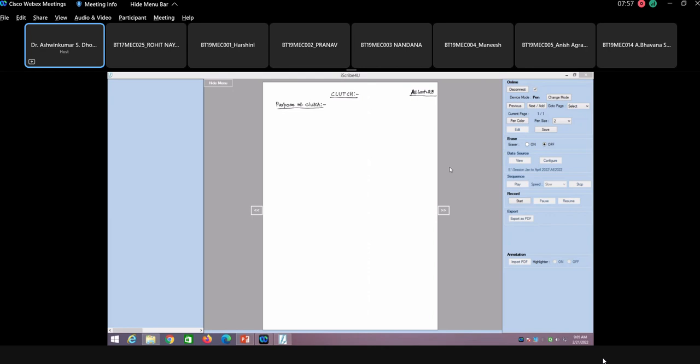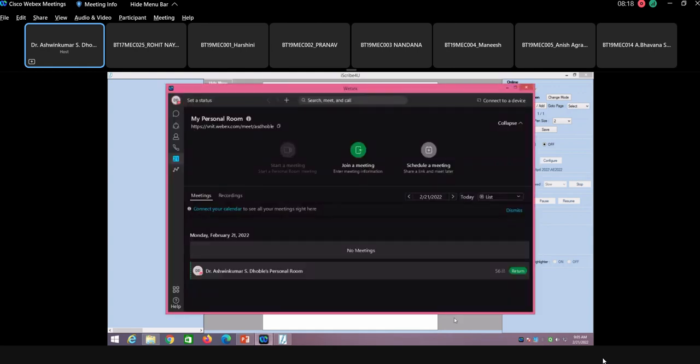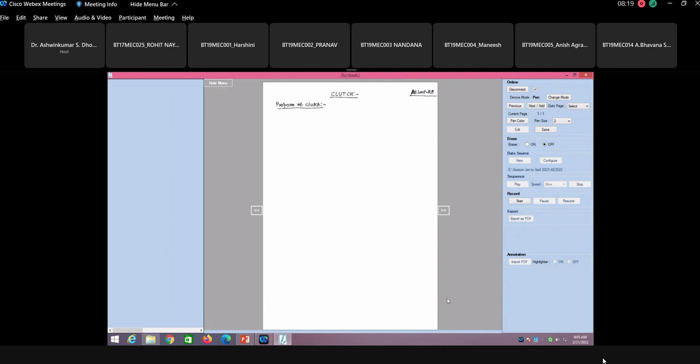So what is the purpose of the clutch? Disengage the shaft. Engage and disengage engines. Exactly. So the purpose of clutch is to connect or disconnect